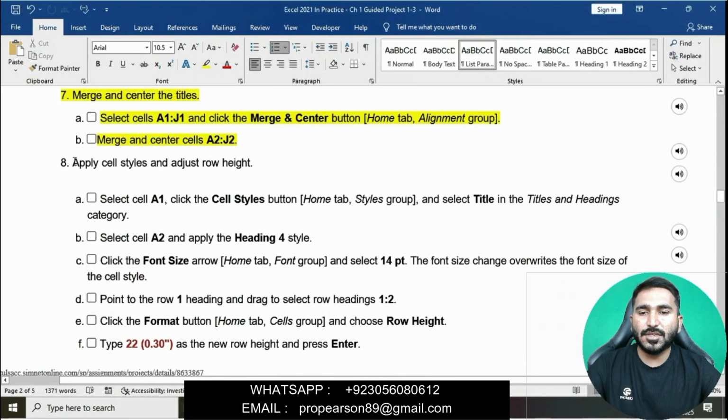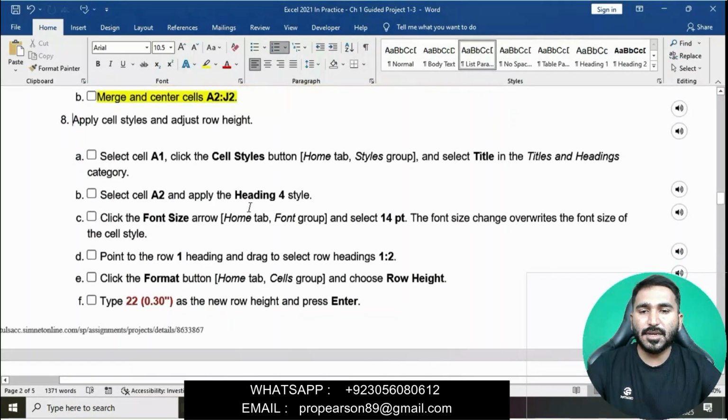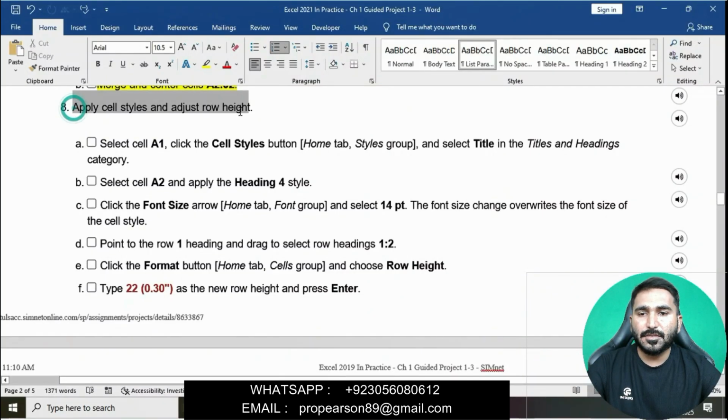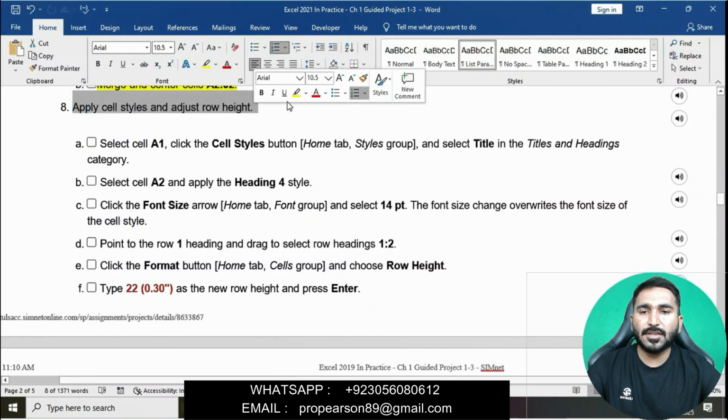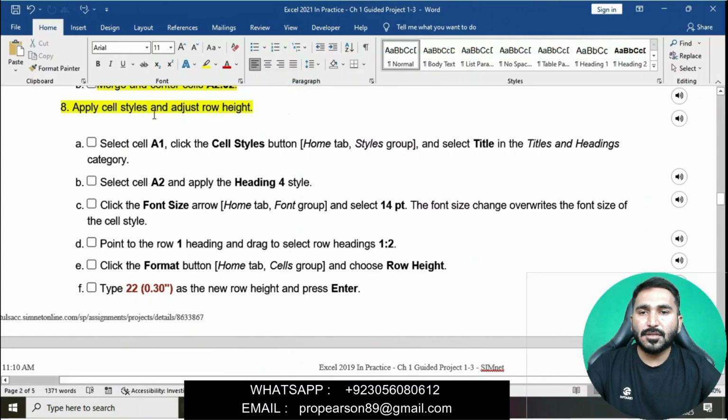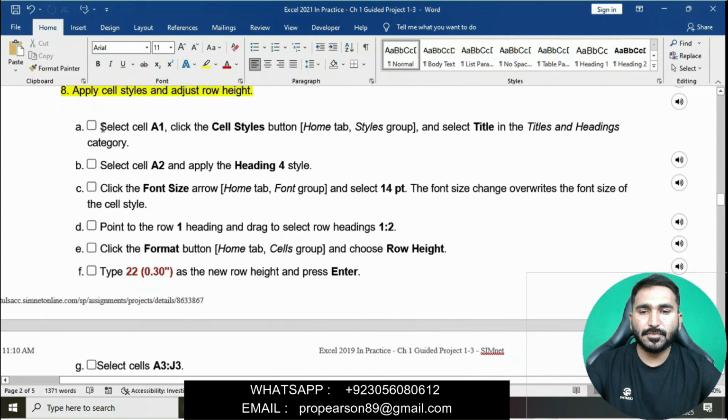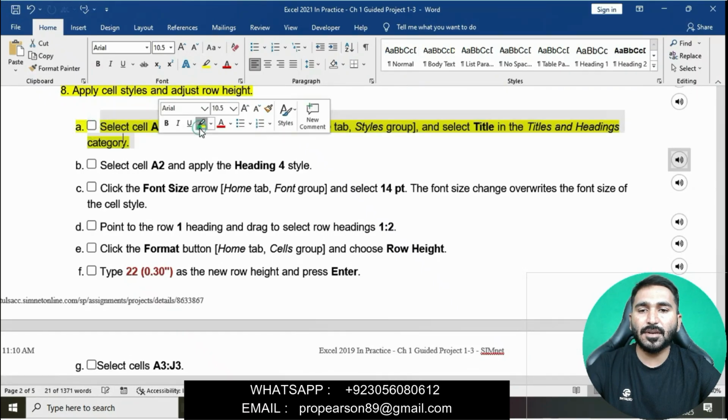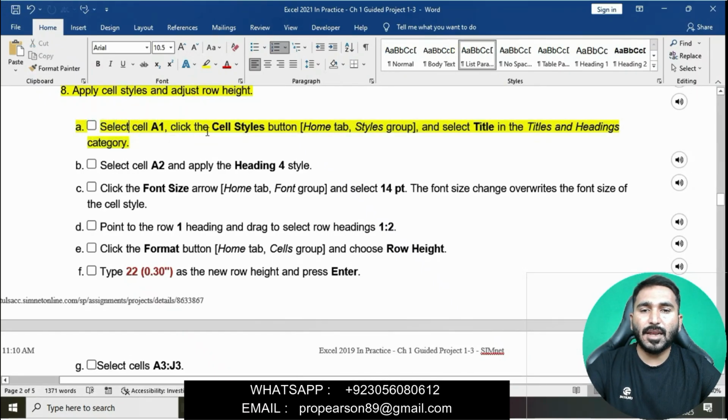Now moving on to question number 8: apply cell style and adjust row height. Select cell A1, click the Cell Styles button, Home tab, Styles group, and then select Title in the Titles and Headings category.